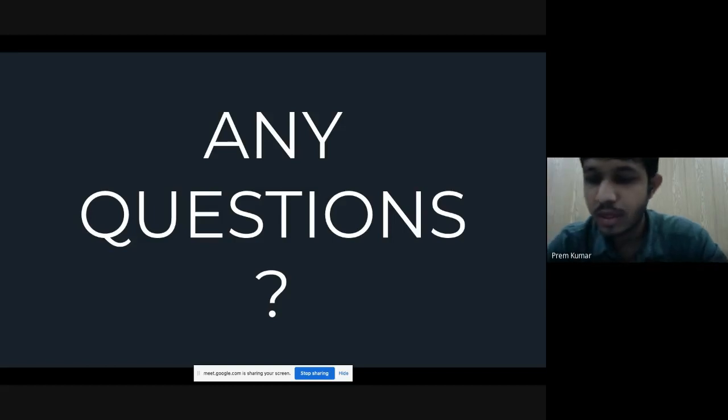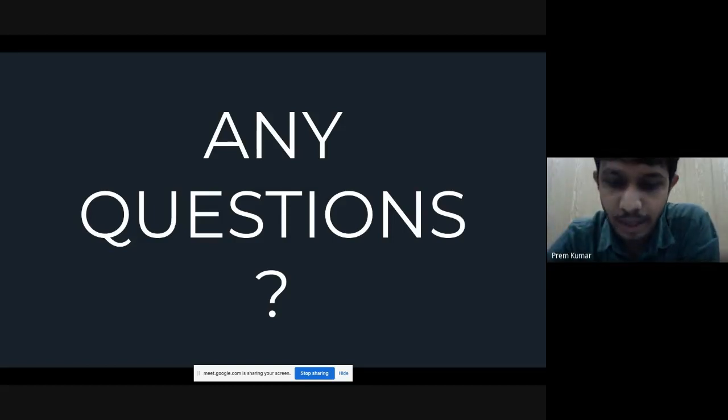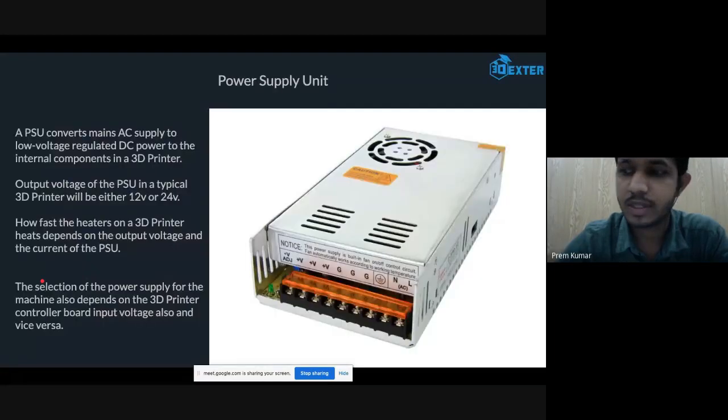Which controller board is best? Shubham will be discussing this in the next session. And sir, can you explain a 3D printer with Raspberry Pi and this SKR 1.4? Shubham will be handling this because it is a completely different topic, and he will take care of all these things. And I have missed a few more points that I have to discuss also.